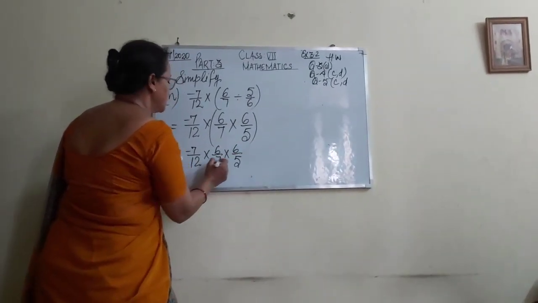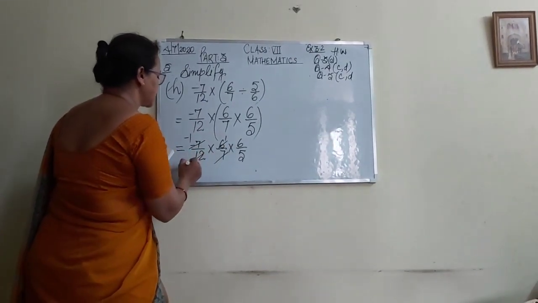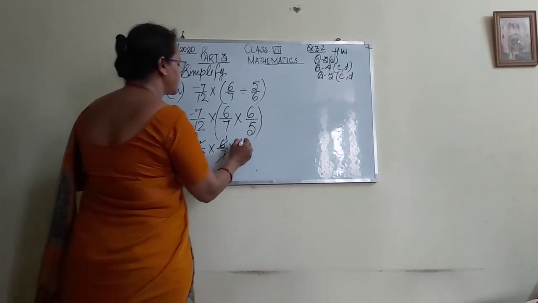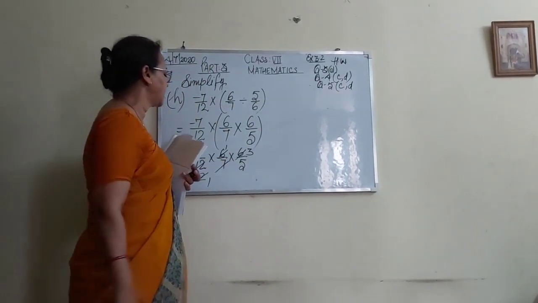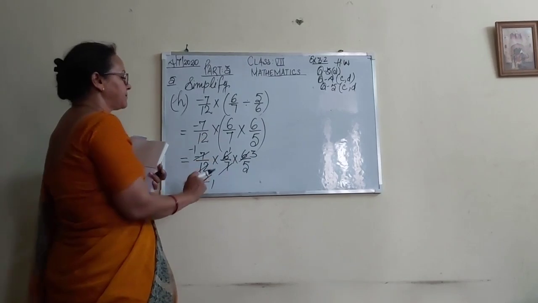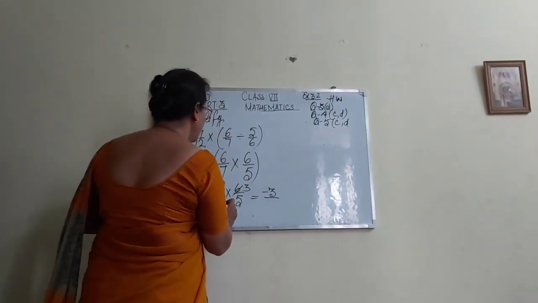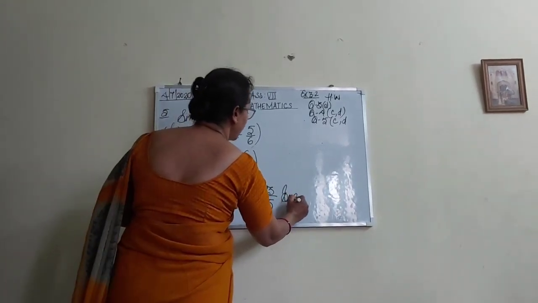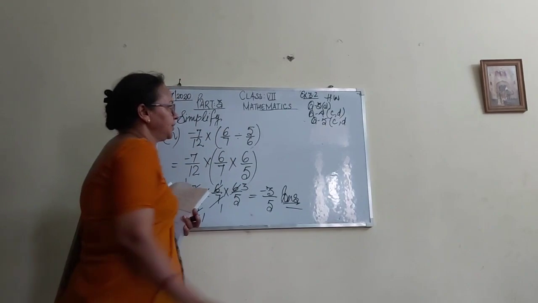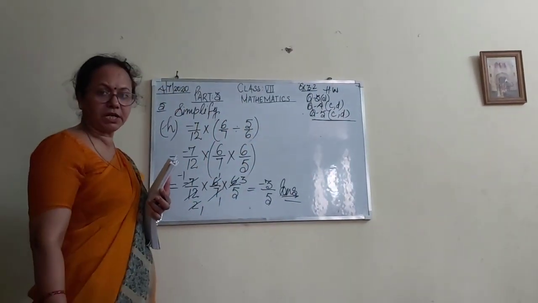That's right. 7 ones are 7, minus 1. 6 ones are 6 and 6 twos are 12. And 2 ones are 2 and 2 threes are 6. Minus 1 multiplied by 1, minus 1 multiplied by 3, that will give you minus 3, and 5 ones are 5. That's right, this will be your answer. I hope you understood, and you will do these questions positively in your notebook. Note it down, students.